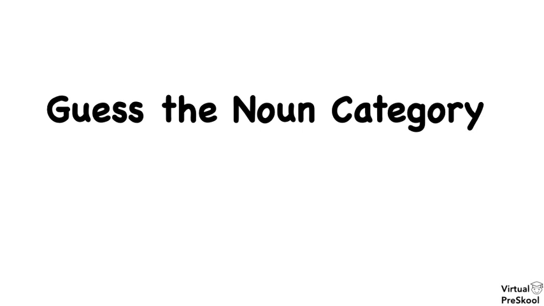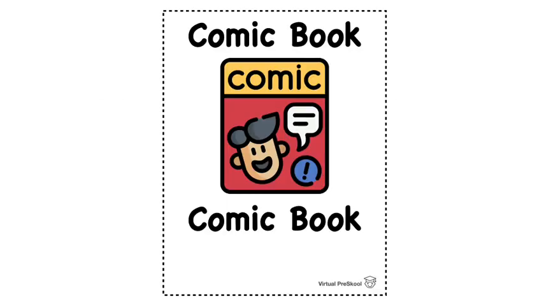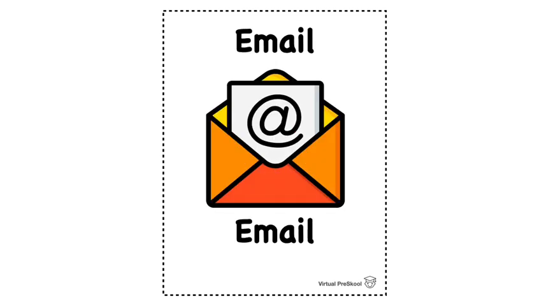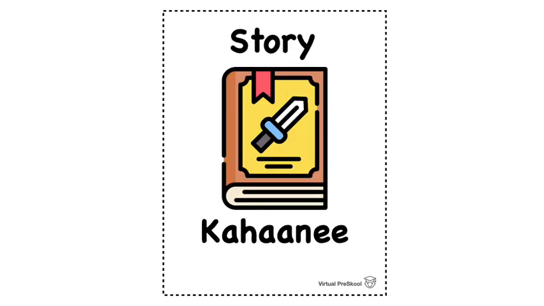Now we're going to guess the noun category. So comic book is comic book, and what do you think the noun category is for it? Stri. Now what's the giveaway here? Well, you should know from class that book is a stri word. The Hindi word for book, kitab, is a stri word. So a comic book is just adding the word comic in front of book, so it's still stri. Email, pull. Story is kahani, so this one should be obvious to you. Stri.